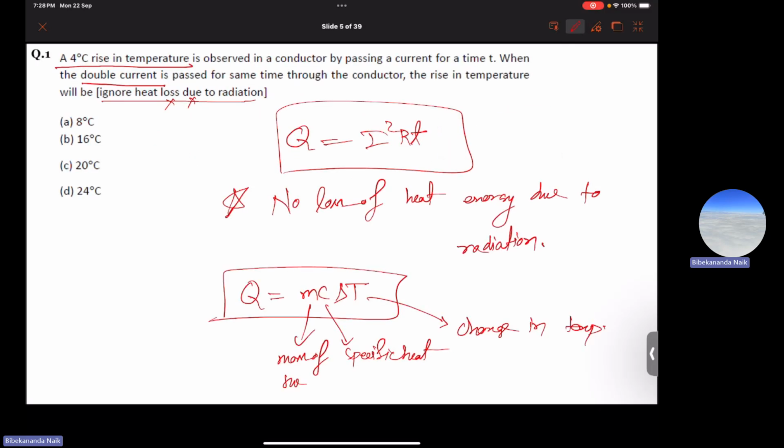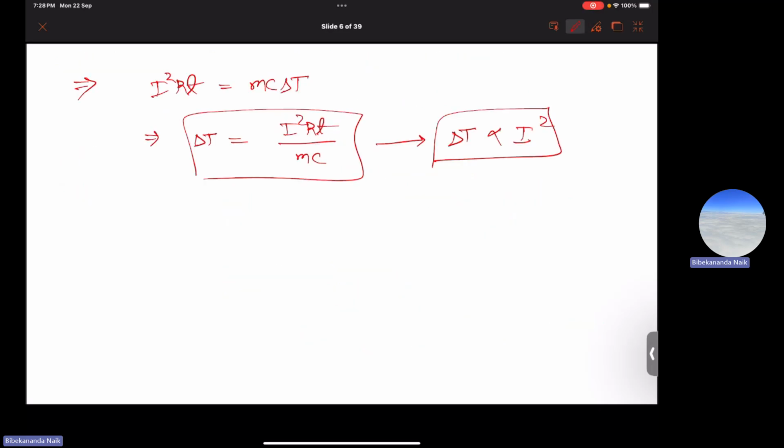So now if we come to the question, then here there is a 4 degrees Celsius rise in temperature for a current. Suppose the current is I. So case 1, I current passes through and temperature increases 4 degrees Celsius. Now if 2I current passes through, since delta T is proportional to I square,